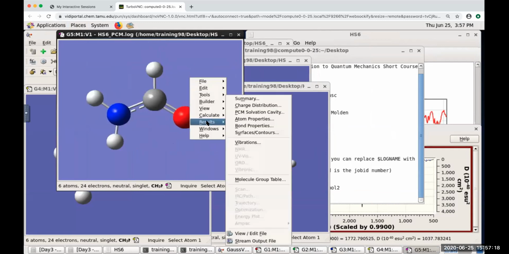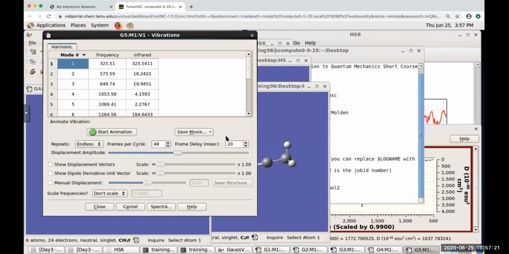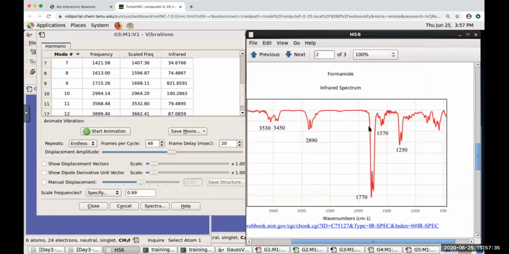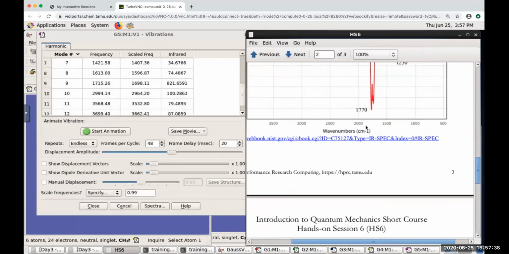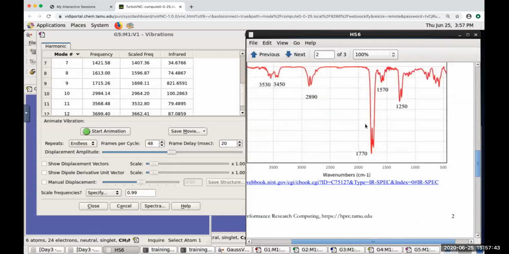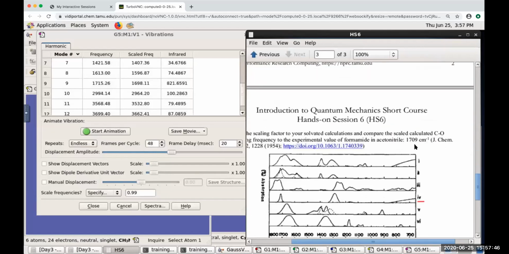So here we have the solvation model. If we wanted to put in our scaling factor of 0.99, experimentally there was a shift. What was the experimental value for formamide in acetonitrile? It's right down here, 1709. Okay, so here we have gone just a little bit below that with the scaling factor, to 1698 with the